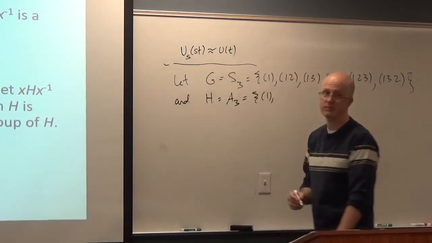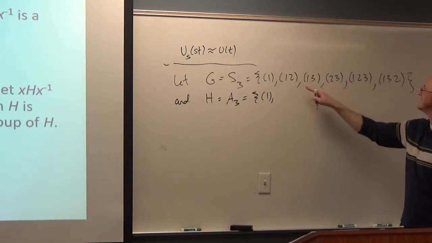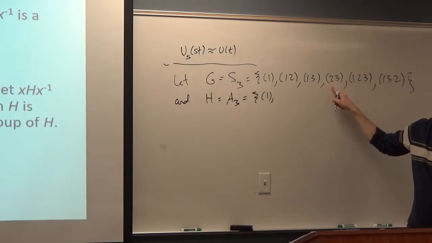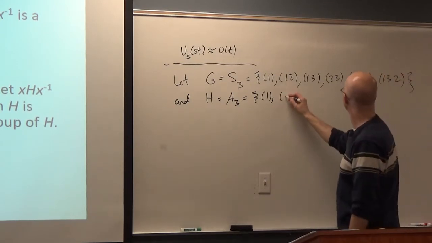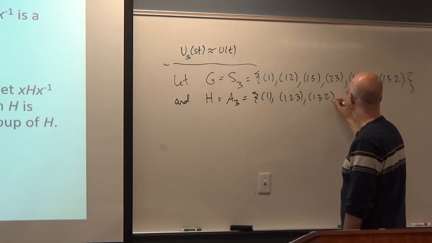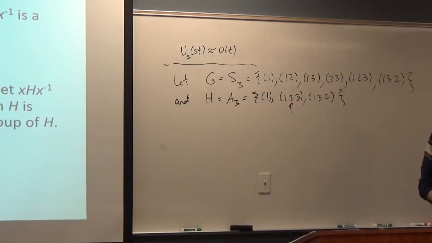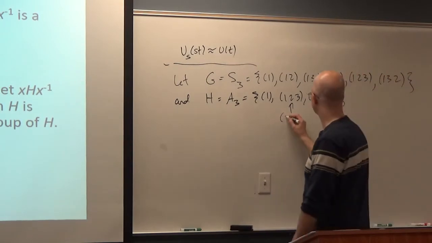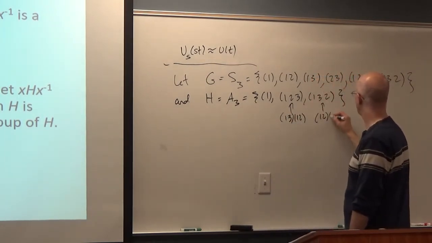I only want even permutations, right? These three things, those 2 cycles are odd permutations. You're writing them as one 2 cycle, an odd number of 2 cycles. The 3 cycles are even. They have order 3, but as permutations, they are even permutations because you can write them as a product of an even number of 2 cycles. This is the same as (1 3)(1 2), and this is the same as (1 2)(1 3). So